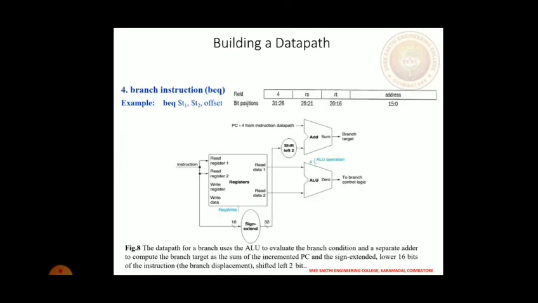Branch instructions, that means BEQ. In this, the keyword used is BEQ $t1, $t2, offset value. This particular instruction is loaded into the memory. That instruction is fetched for the shift left 2, then that is loaded into the adder, then that again performs the addition operation, then that is loaded into the ALU.